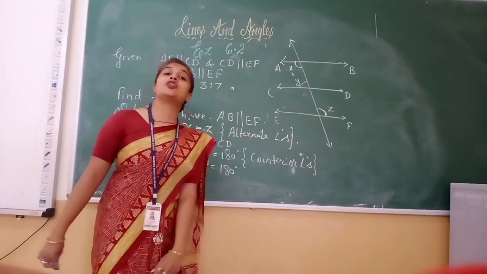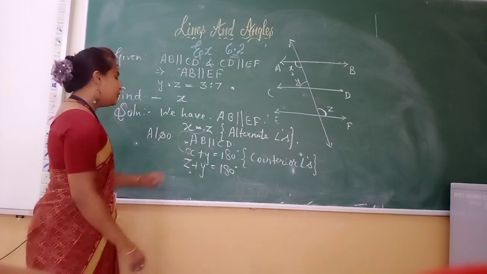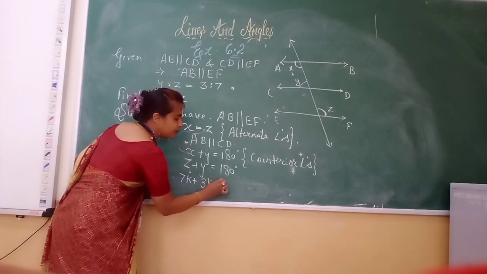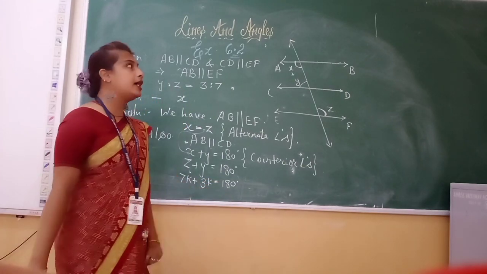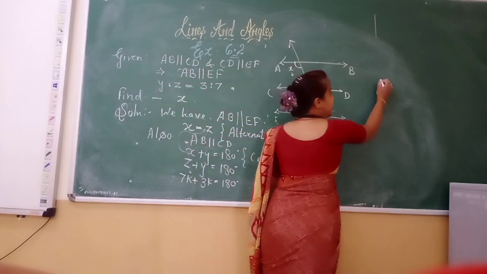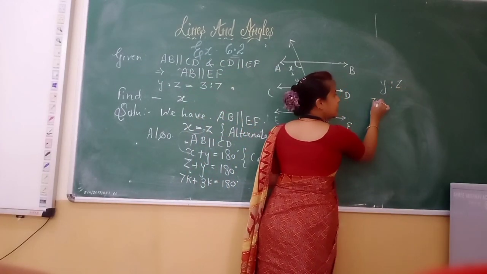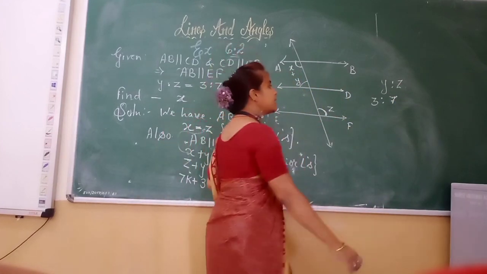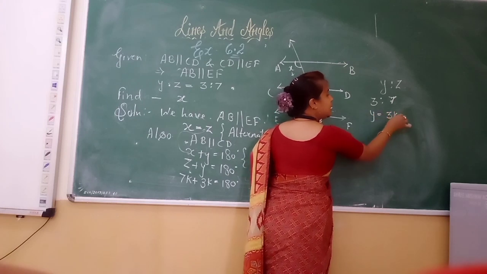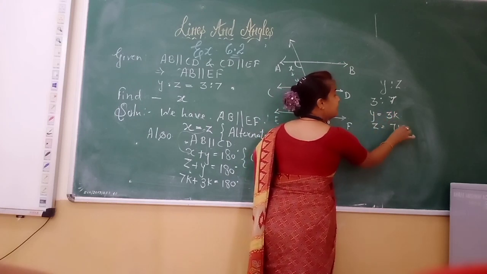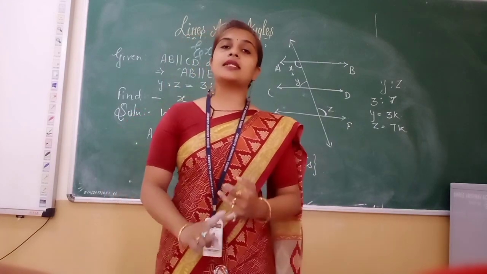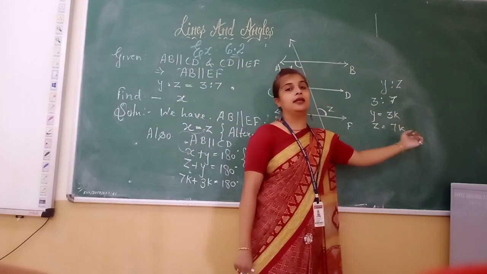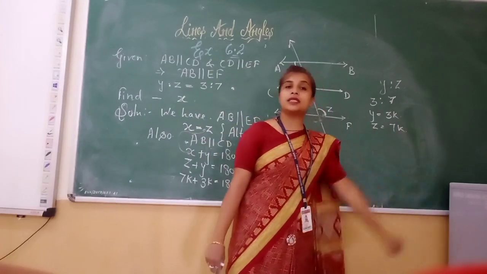y and z are in the ratio 3:7. So here we can write z as 7k plus y as 3k is equal to 180 degrees. Why have I written it like this? Because we know that if any terms are in a ratio, that is, if y is to z is given as 3:7, then when we separate them, y we can write as 3k and z as 7k. While separating, we multiply the terms by a constant. Here we have taken the constant k. So y becomes 3k and z becomes 7k.